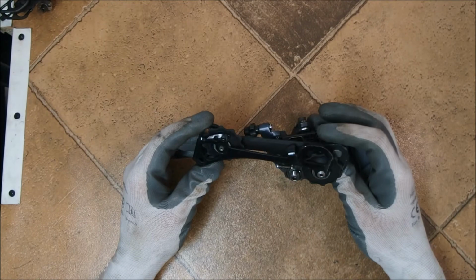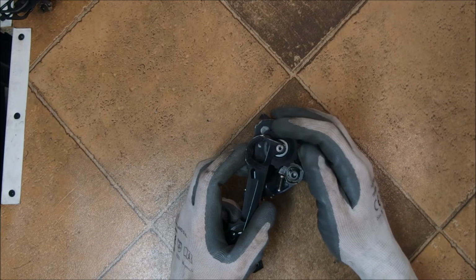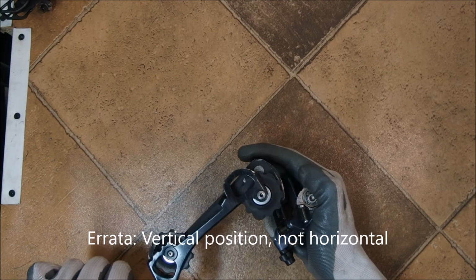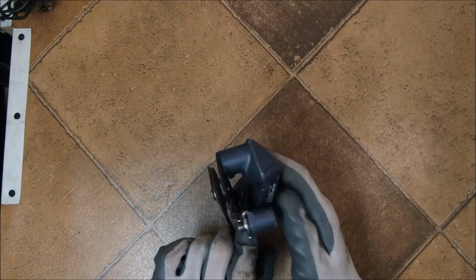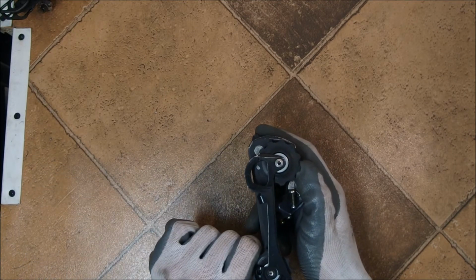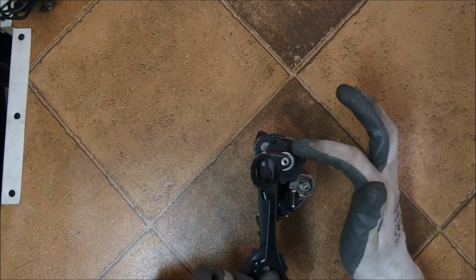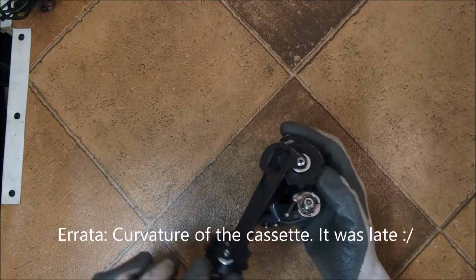However, if we take a look at the LX, you will quickly notice that the guide pulley is offset from the pivot of the cage rotating around. What does it mean? Well, it means that the horizontal position of the guide pulley in this particular derailleur is not only dependent on the slant angle, but also on the position of the cage. And the position of the cage is obviously dependent on the size of the rings currently being used. You can actually depend only on the offset of the guide pulley to handle the curvature of the cassette. And this is precisely what SRAM does in its